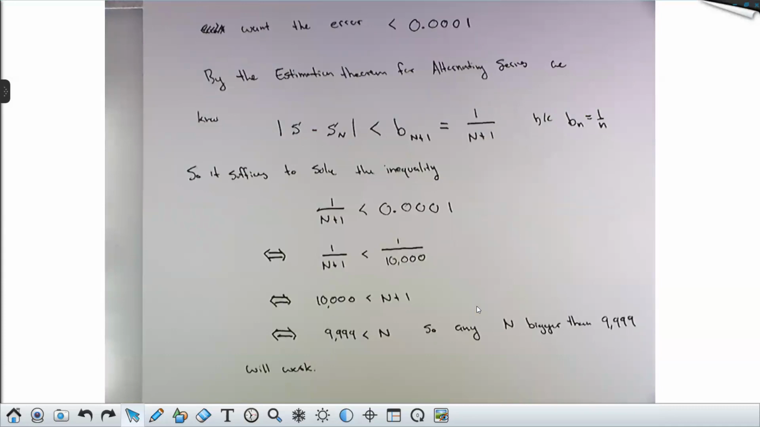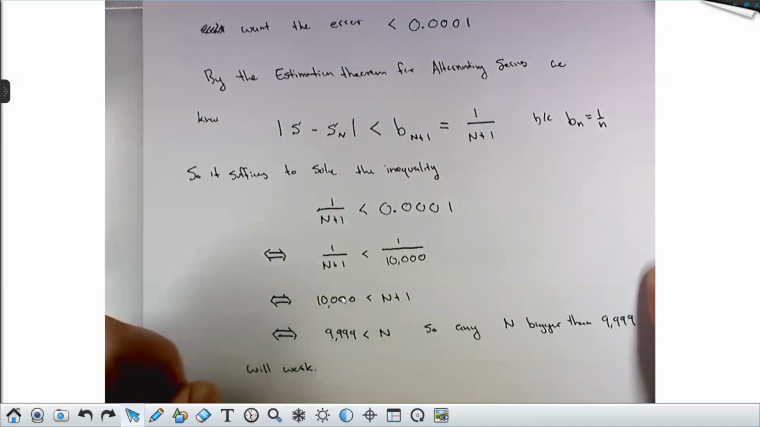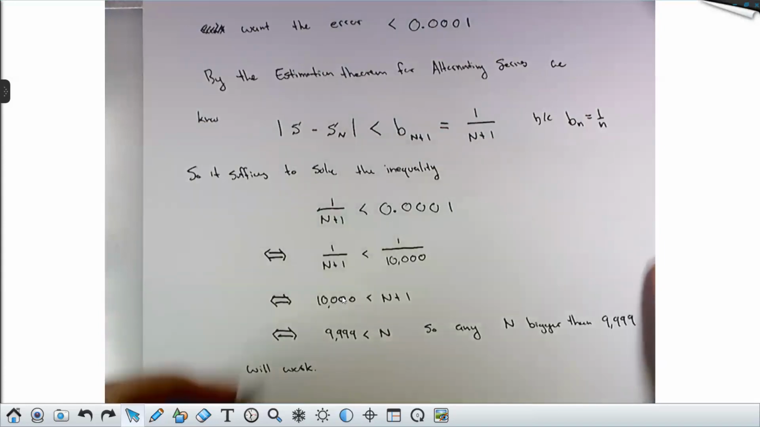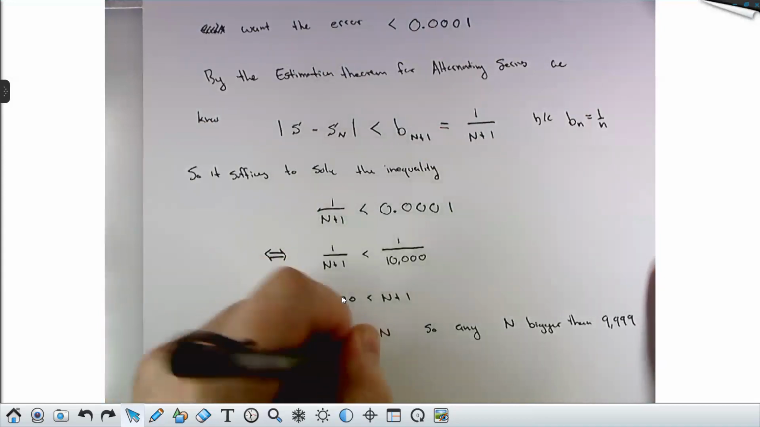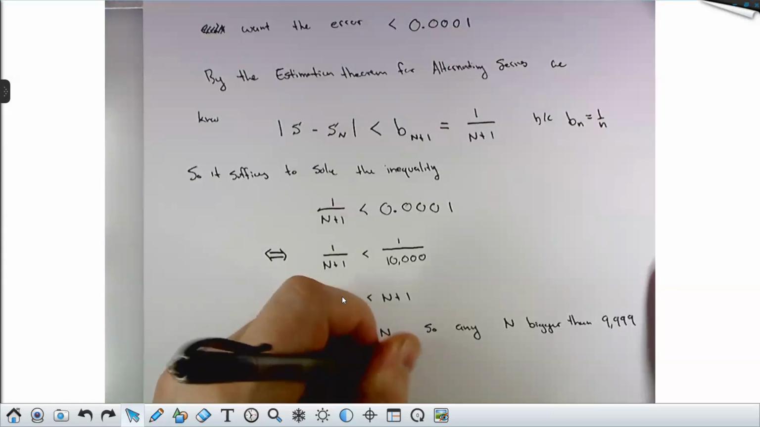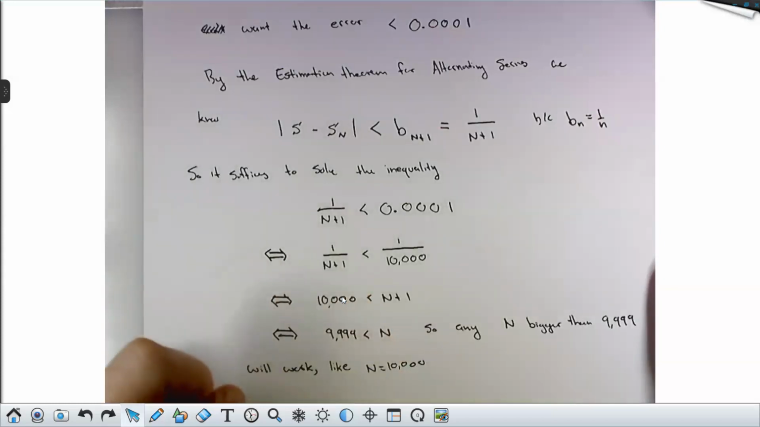So again, the procedure here, if you want your series estimated with an error less than any particular number, you need to set bn plus 1 smaller than that number. Then solve for n. What is S? Let's say n's bigger than that. Take n equal to 10,000. S 10,000